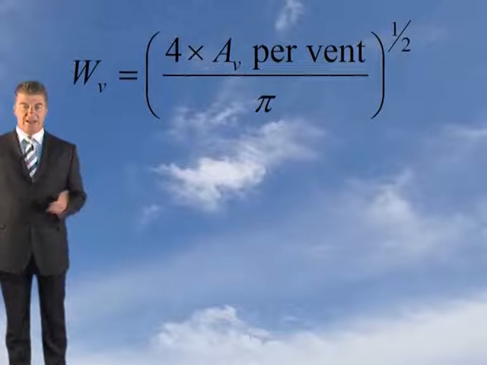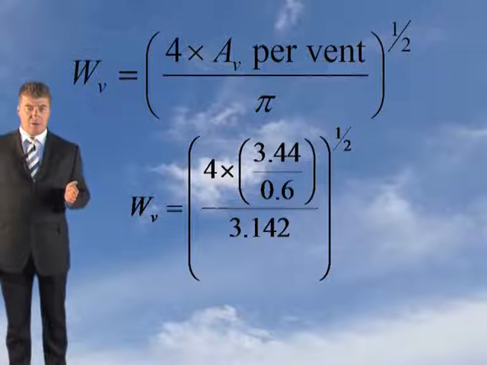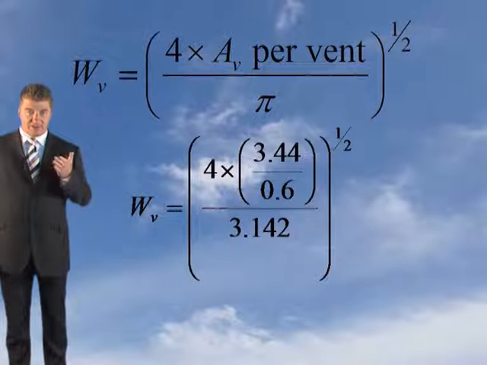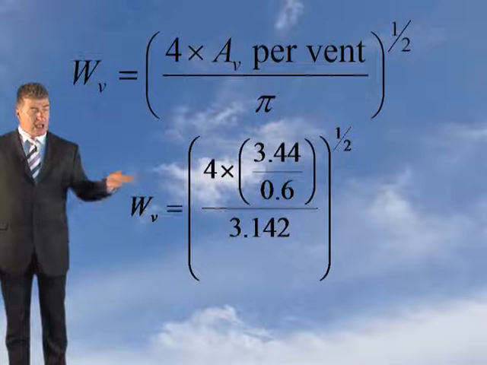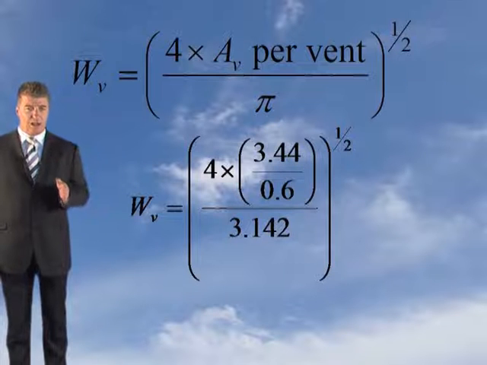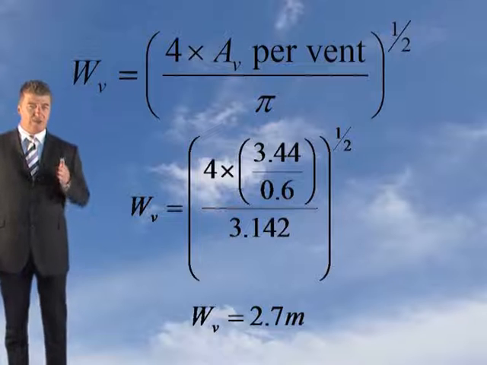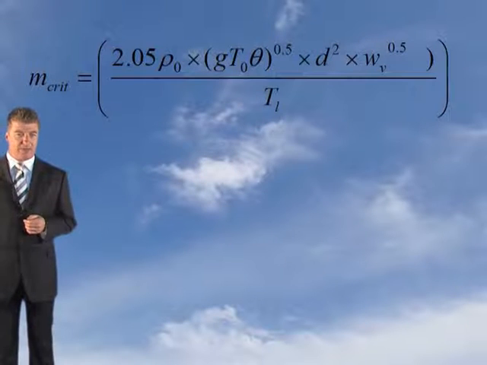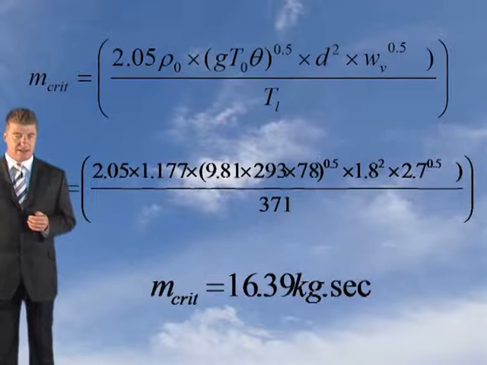When you put all your known variables in, you should have got this. WV equals 4 times 3.44, which is the aerodynamic free area of the ventilator, divided by 0.6, the coefficient. You multiply that out, you divide it by 3.142, and you square root it. Your WV, your width of an equivalent ventilator, is 2.7 metres. When you put this 2.7 metres into the mcrit formula, you'll have got an mcrit of 16.39 kilograms a second. So if more than 16.39 kilograms a second goes through each ventilator, it is likely to